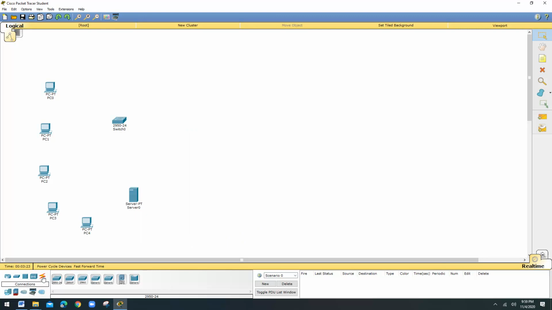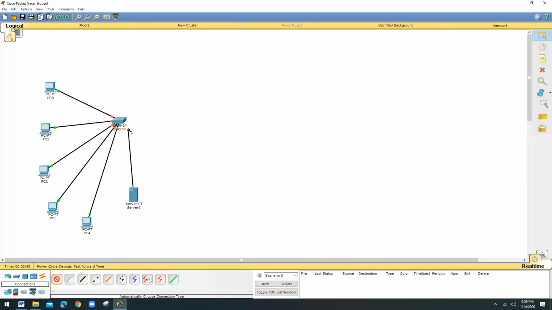Now, I use the automatic connection to connect all the devices. Now, we connected all the devices to the switch.